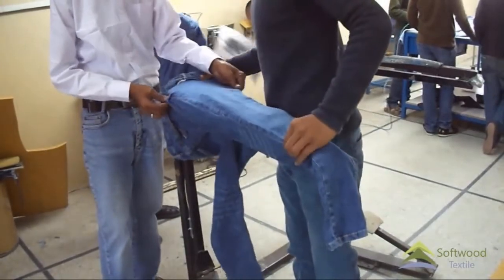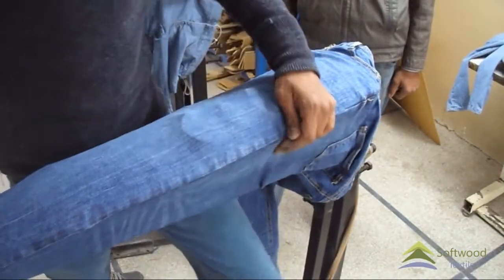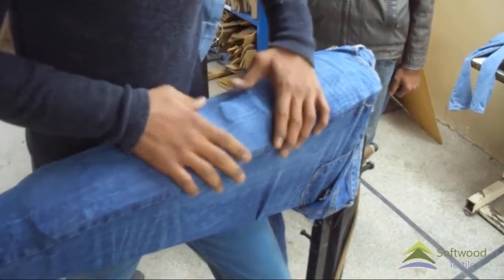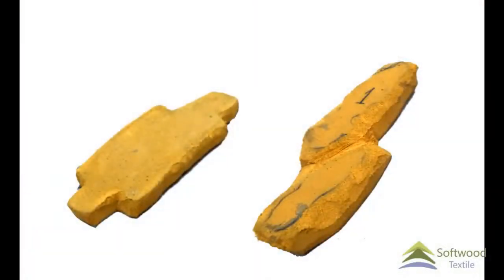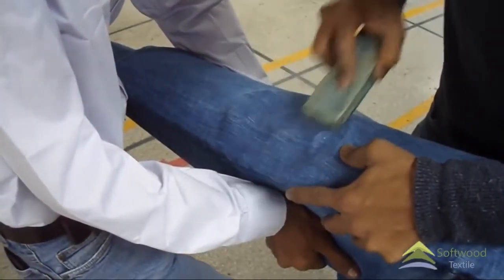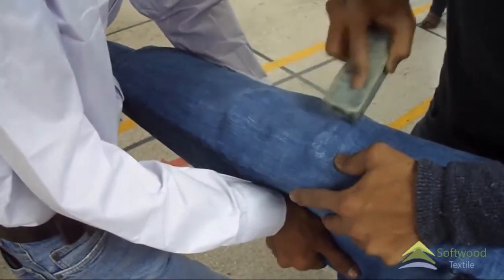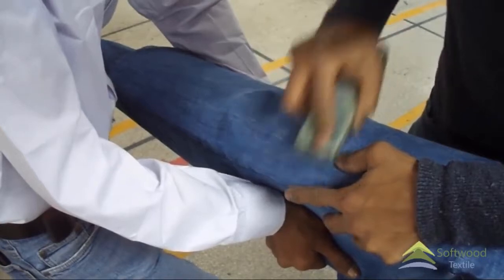Similar to the whiskers process, the garment is mounted on a stand. Underneath the garment, there are patrons made out of synthetic sheet, shaped according to the desired destroy effect. With the help of an emery paper attached to this block, the effect is created. By rubbing the block perpendicular to the direction of the warp, threads are destroyed, leaving behind only the weft thread, thus creating the destroy effect.